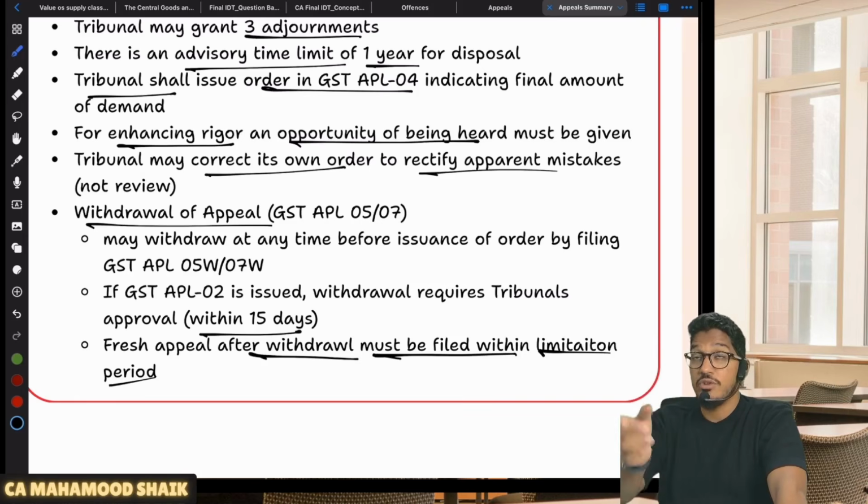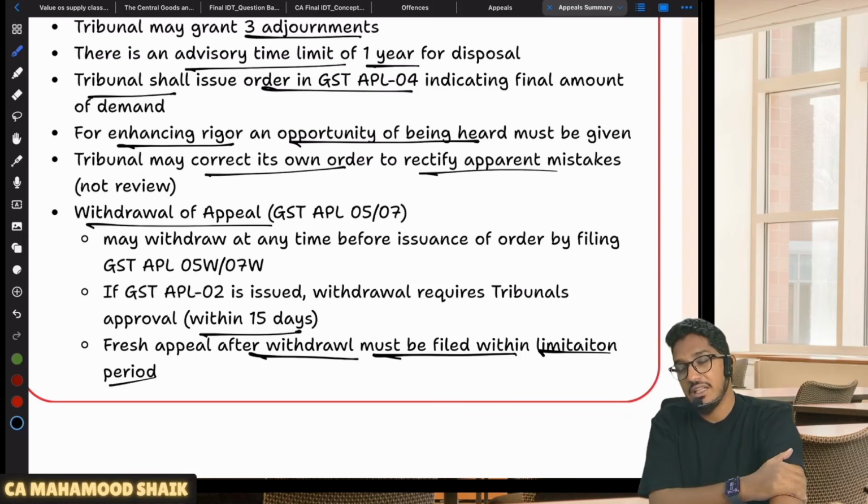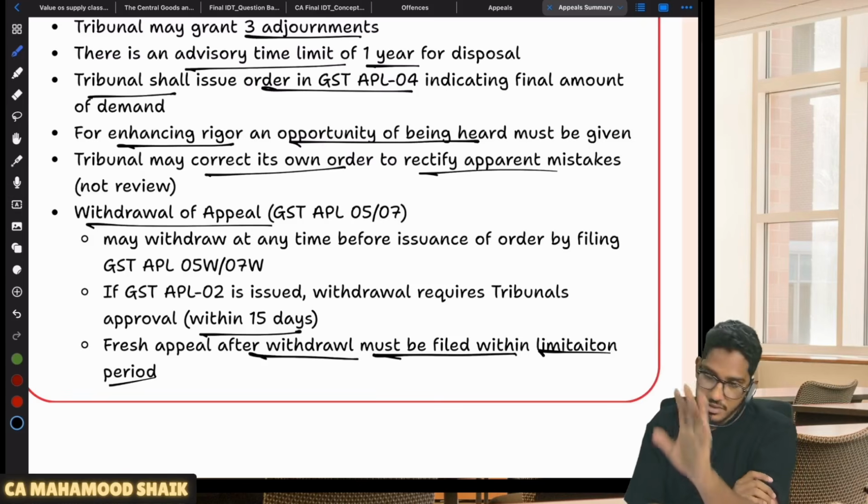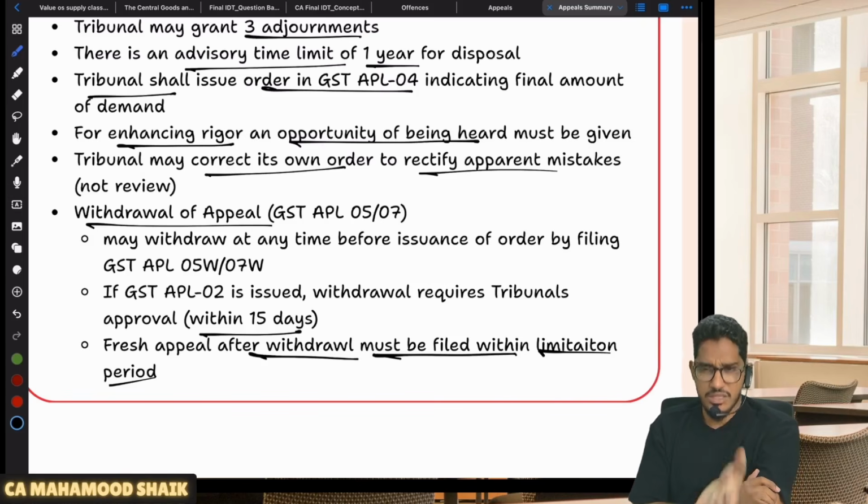You can't go to High Court or Supreme Court challenging the question of fact. You can go if you are not agreeing with the interpretation of law, then only High Court or Supreme Court can entertain that appeal against the appellate authorities', appellate tribunal's order. Able to understand? Clear and complete. If I give you one more example here,